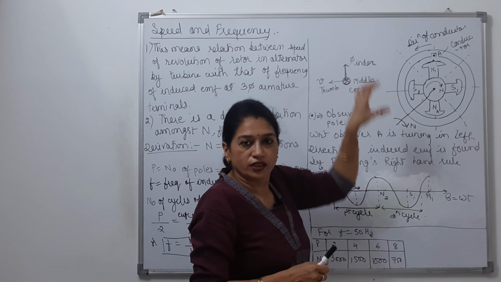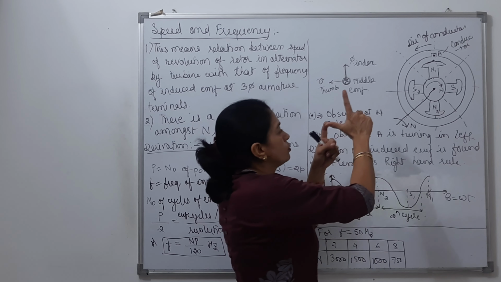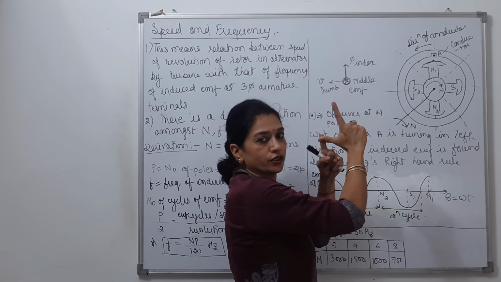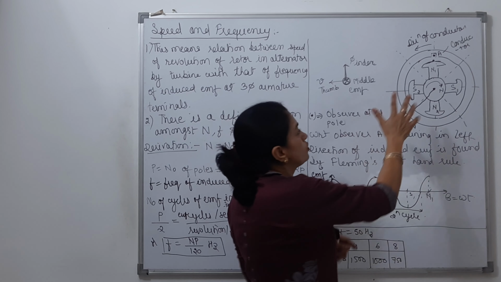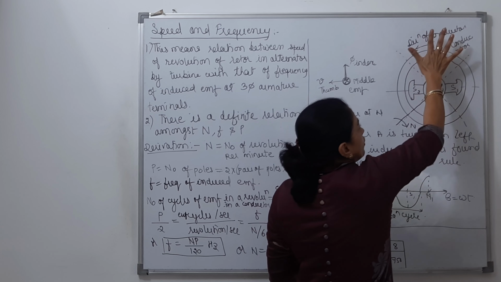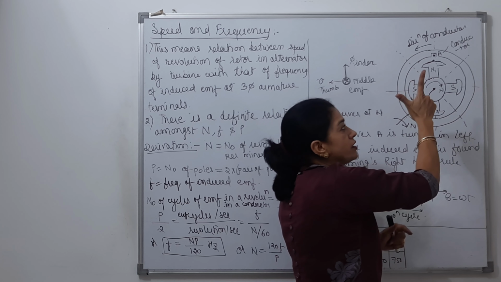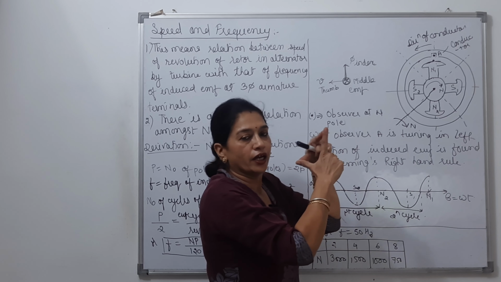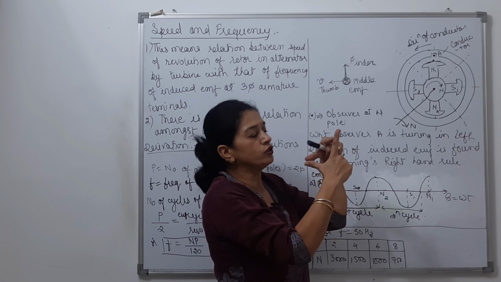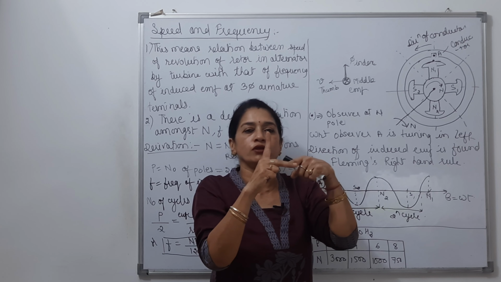I will apply all the three things here. Direction of conductor, so it is moving in this direction. This is showing the direction of the magnetic field. As this is the north pole, flux emerges out from it, so it is cutting the conductor in vertical direction. So these two directions are fixed. And according to Fleming's law, these two are in perpendicular direction and all three are mutually perpendicular.